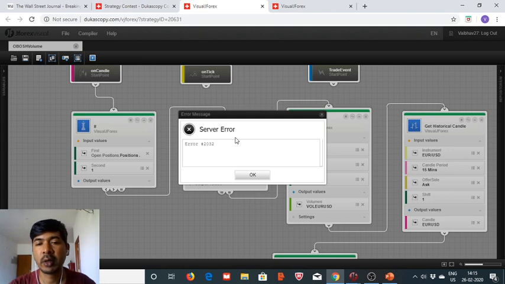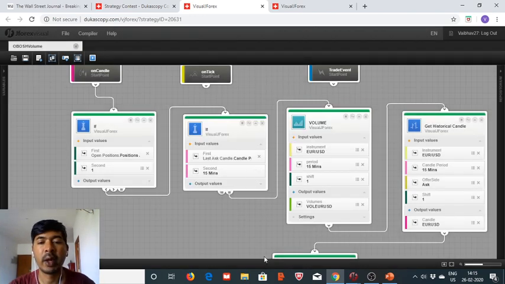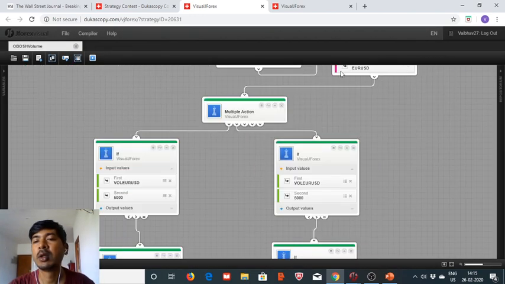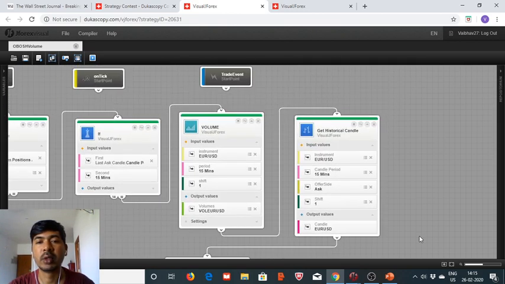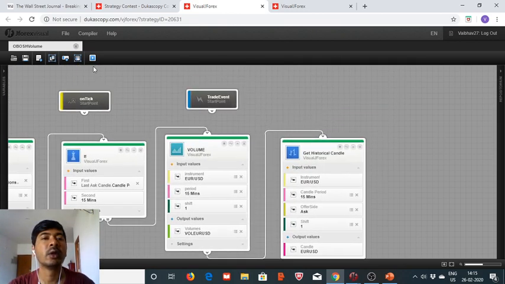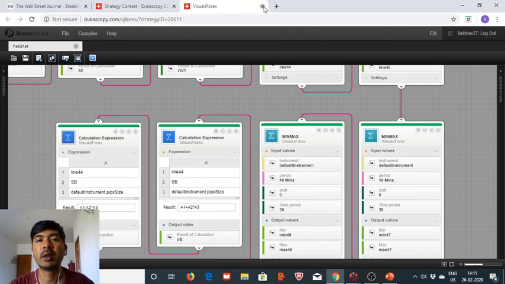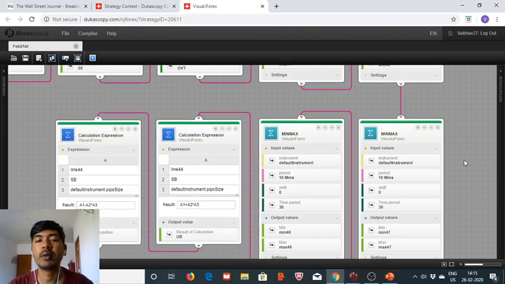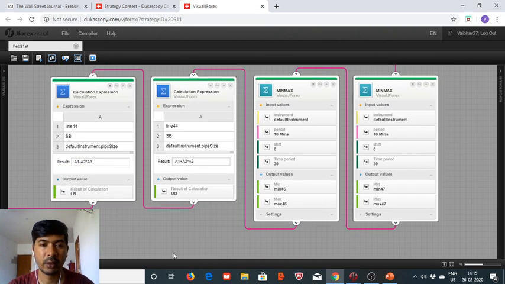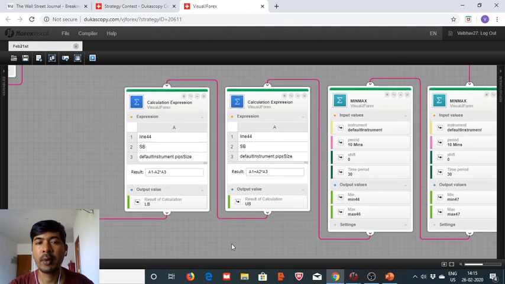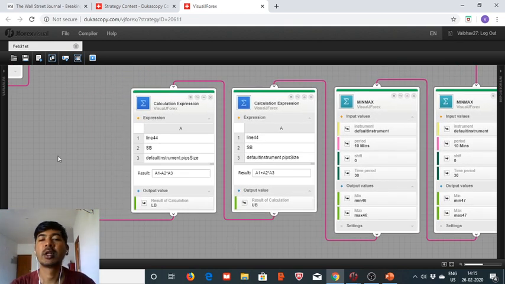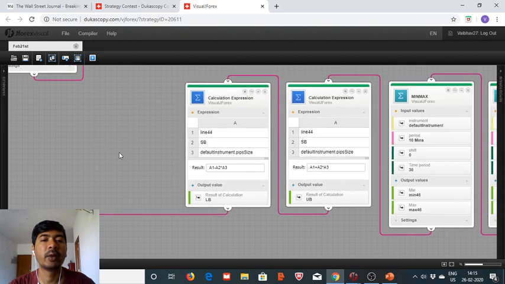We are not really able to add this required block. So let me explain to you the situation on the chart, and then maybe tomorrow we will come back again for the further development. So here what we will do is we will add two more calculation expression blocks, and we will